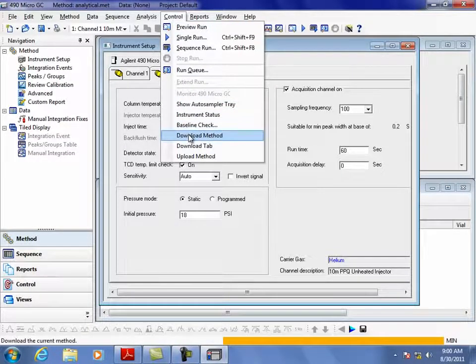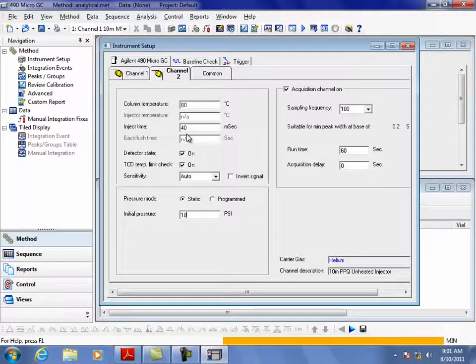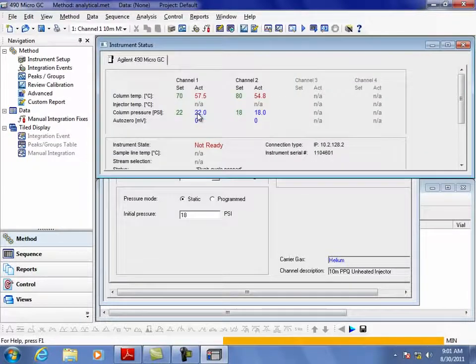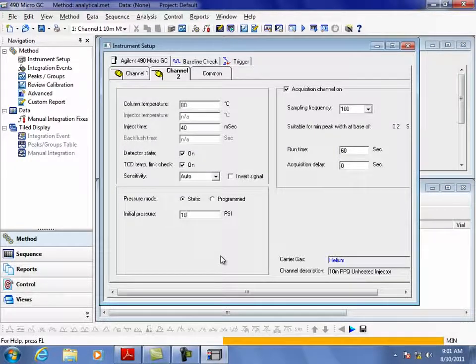So I downloaded the method. When I downloaded the method, it started bringing the temperatures up. And I know this because I can go to the instrument status and look at it, and now my temp is 70 and we're coming up to it. My temperature is 80 and we're coming up to it. We've already hit the pressure points I need. At the end of this time, everything will turn green and it'll be ready to make an injection. So in other words, after you download the method, that means you literally are running, preparing it. You're bringing